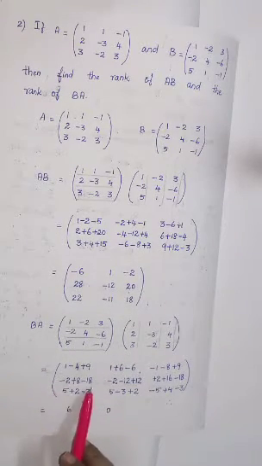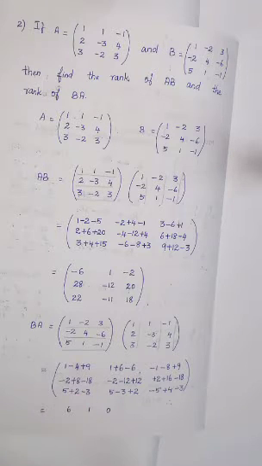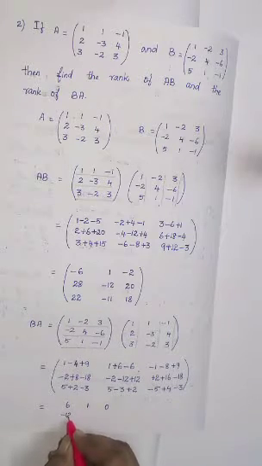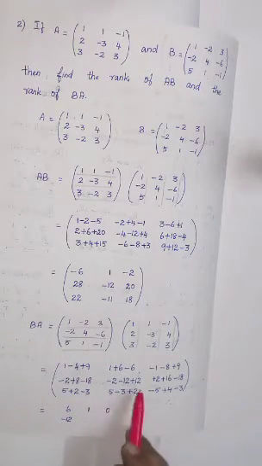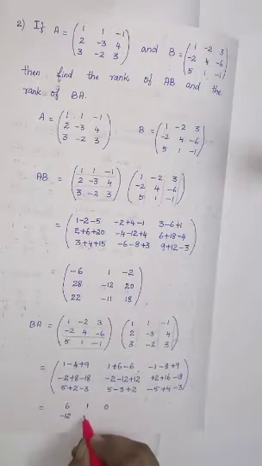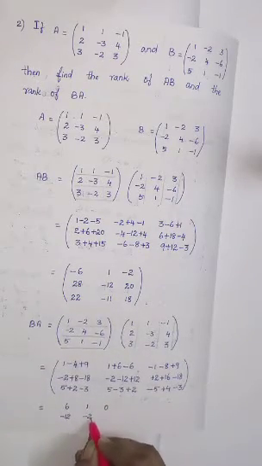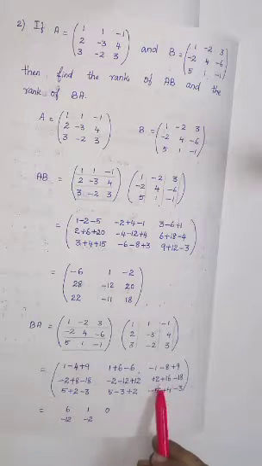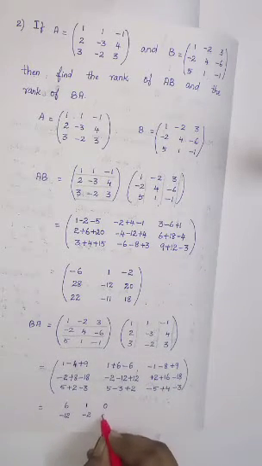Then minus 2 and minus 18 will have minus 20. Minus 20 plus 8 is minus 12. Next plus 12 and minus 12 will go, so we'll have minus 2. Now plus 2 and 16 is there, so it will become 18. Again 18 minus 18 is 0.